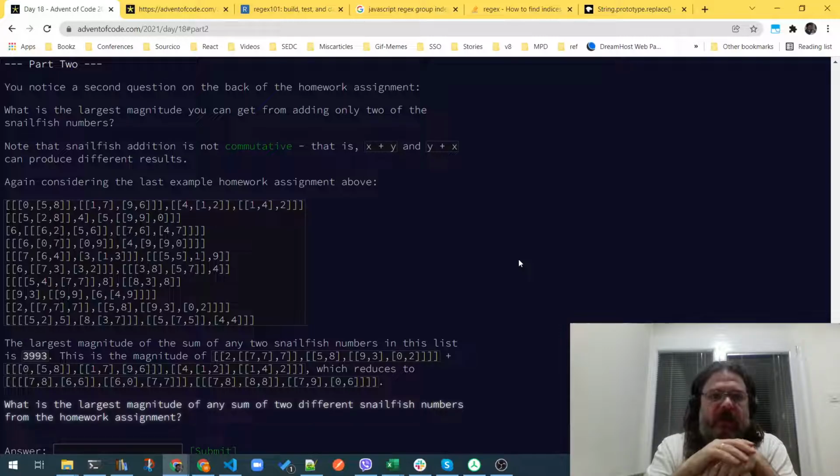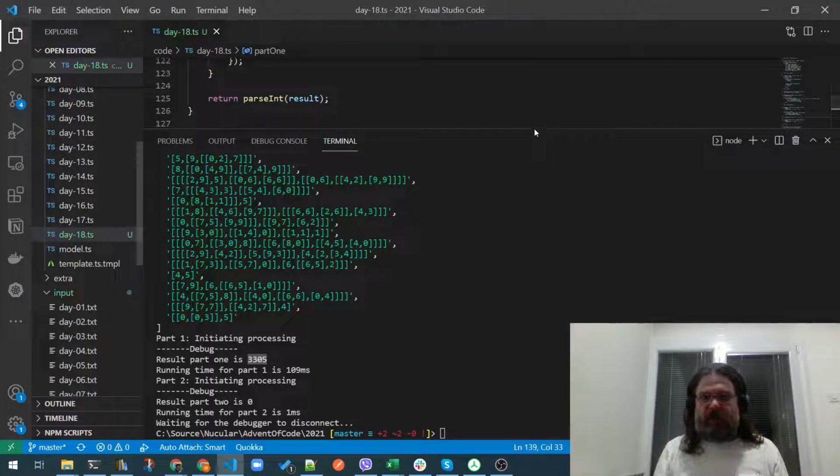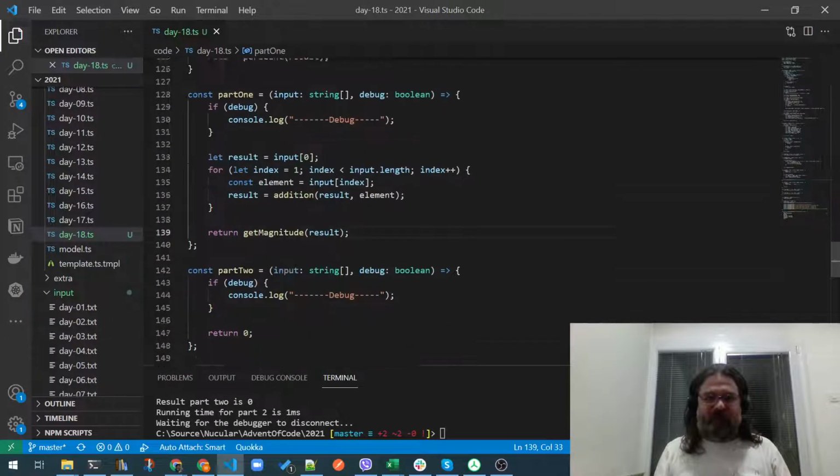What is the largest magnitude you can get from adding only 2 of the snailfish numbers? Note that snailfish addition is not commutative, that is... So, now what we need to do is basically do something else with this. So more or less the second star we're getting for free, because this part was kind of hard up till now. So what we need to do,